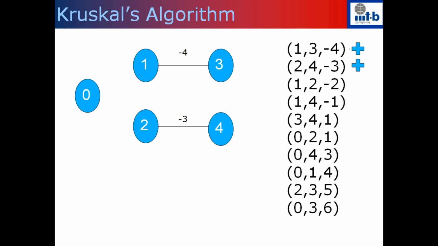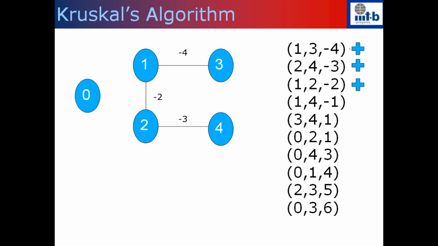If it goes across the connected component, we know that we have to merge these two connected components and get one connected component. Adding this edge will reduce the number of connected components by exactly 1. So we will end up adding n minus 1 edges at the end of this algorithm. The next edge that I'm going to consider is 1 and 2. 1 and 2 are in two different connected components now.